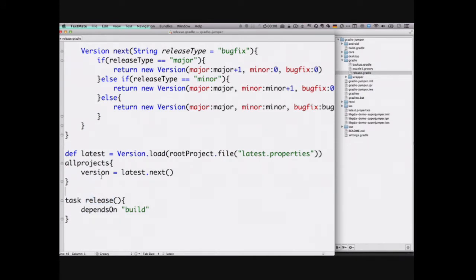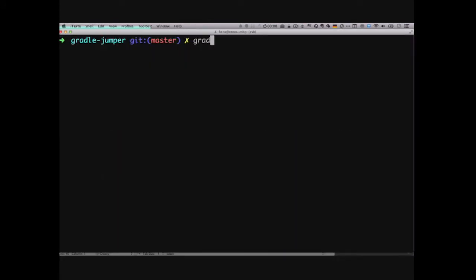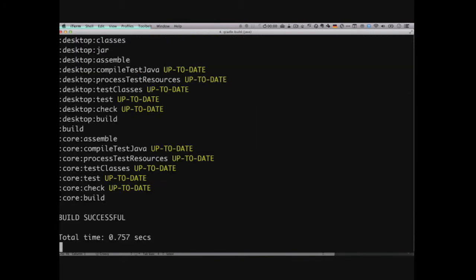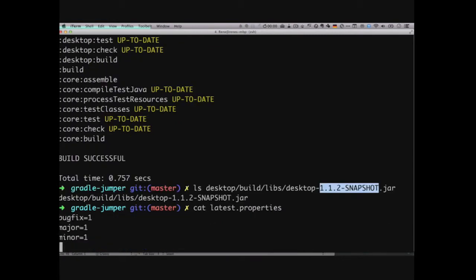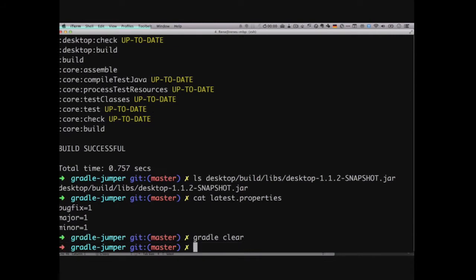So here I have a release task that does currently nothing. So if I build that stuff, and now let me show what that build did, it builds a snapshot version. Yeah, straightforward, I guess. The problem is now, so let's take a look here. So there's this bug fix major minor property file. The problem is if I do